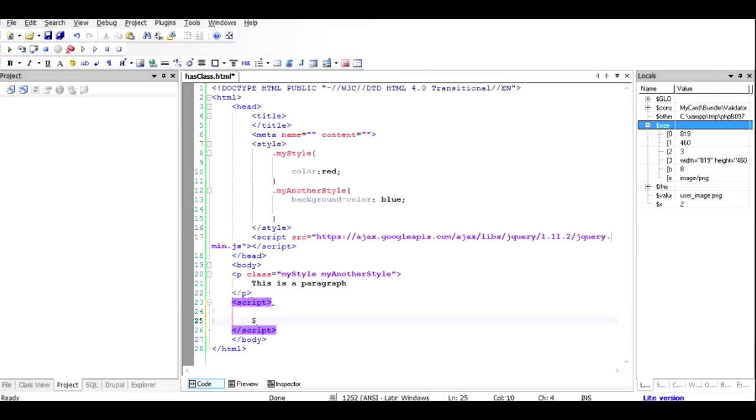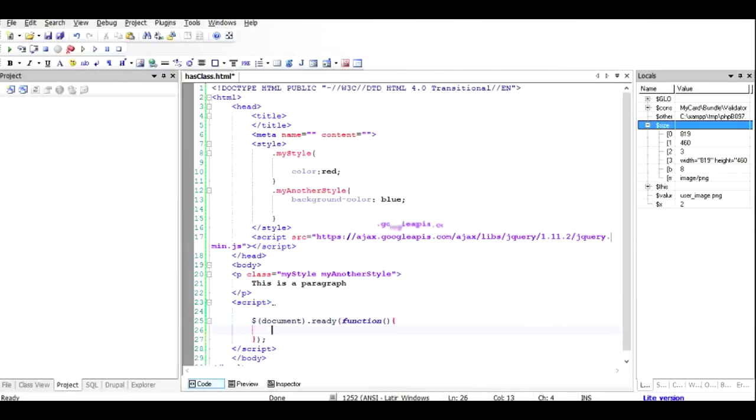So to start with, I'm going to use the identifier for jQuery called $, and it takes a parameter called document, which is your complete web page. And when the document is ready, it will call a function which will have a body, and I'll just close this statement. This is a basic statement of jQuery, and inside that function